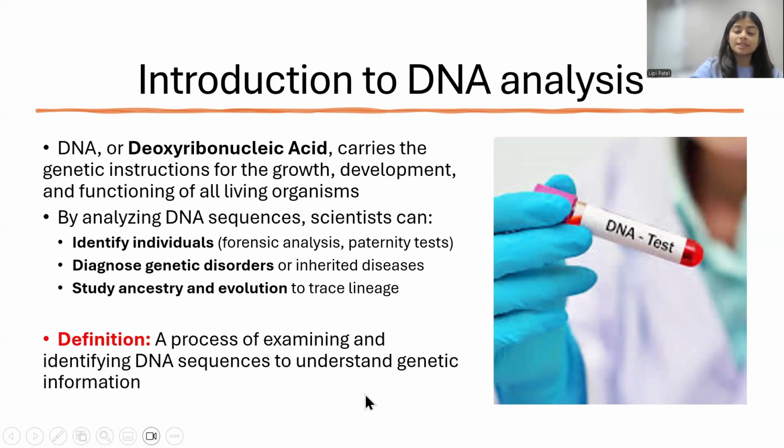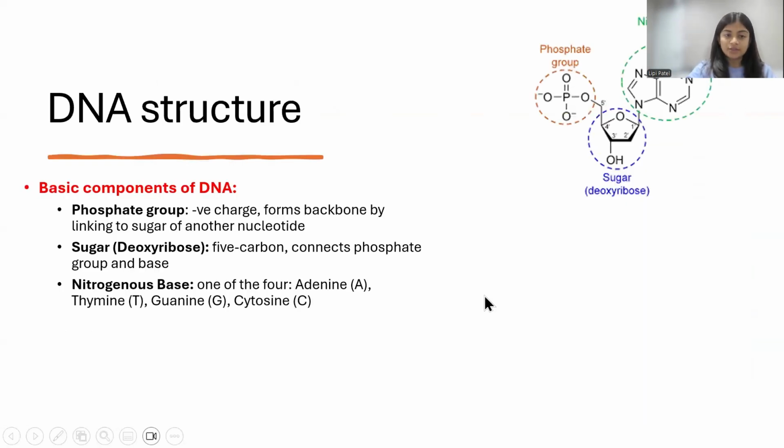So the definition of DNA analysis is that it is a process of examining and identifying the DNA sequences to understand genetic information. Moving on to the DNA structure. It consists of 3 basic components. First is the phosphate group, which is this group, the phosphate group. It provides negative charge because of the negative O over here, oxygen, negative charge to the